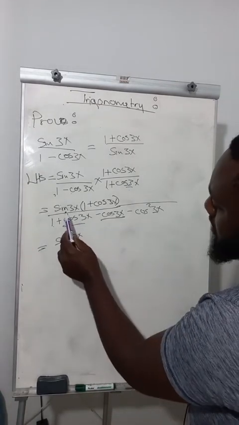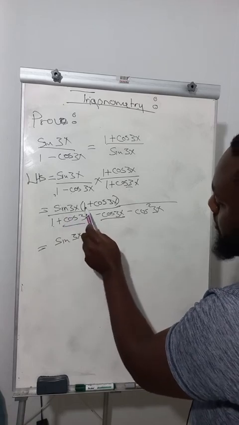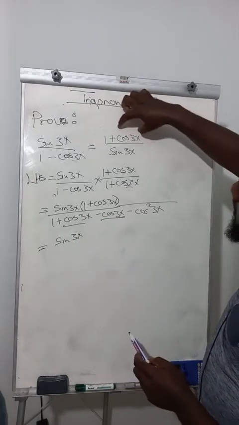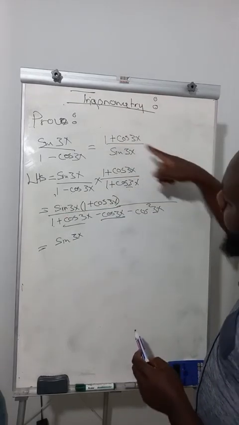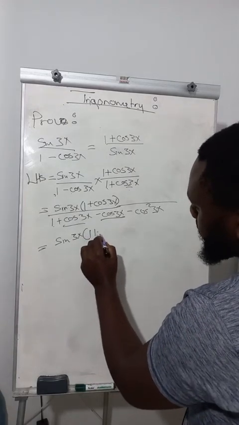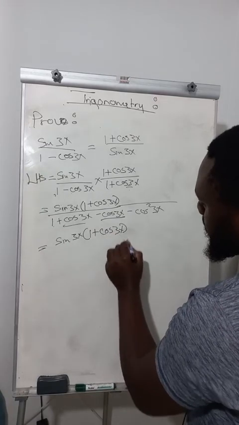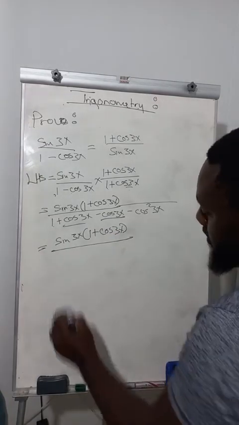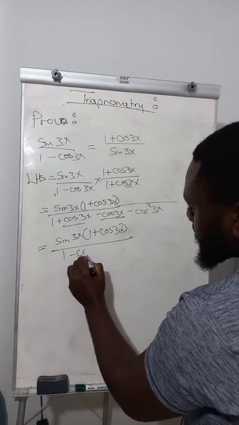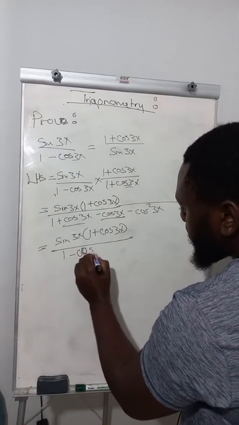The product, I mean multiplying this sine 3x by this. I'm not doing that because I'm seeing that this thing is not there here. So hopefully it will cancel as we are going down with the solution. Now all divided by this. Underneath you are left with 1 minus cos squared